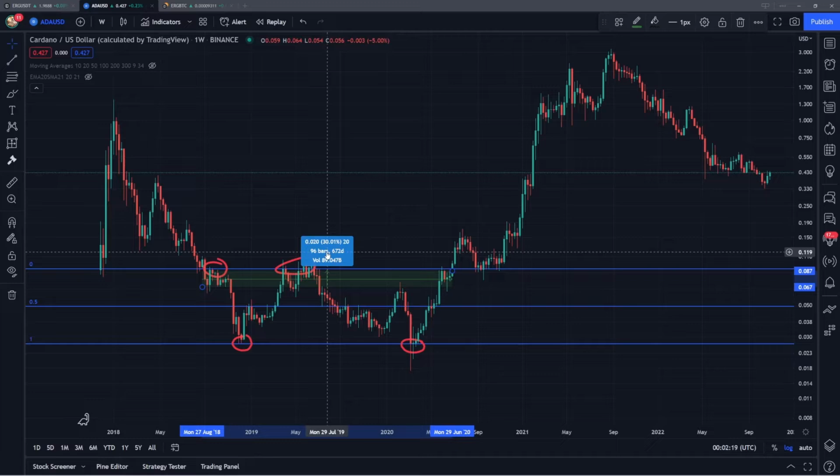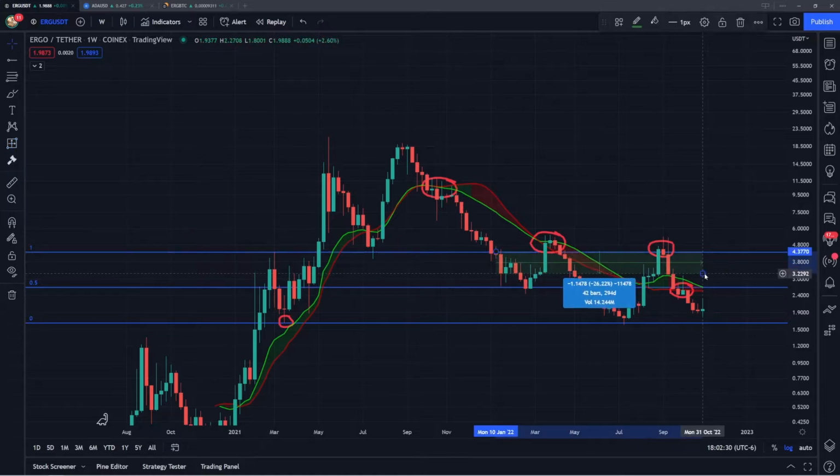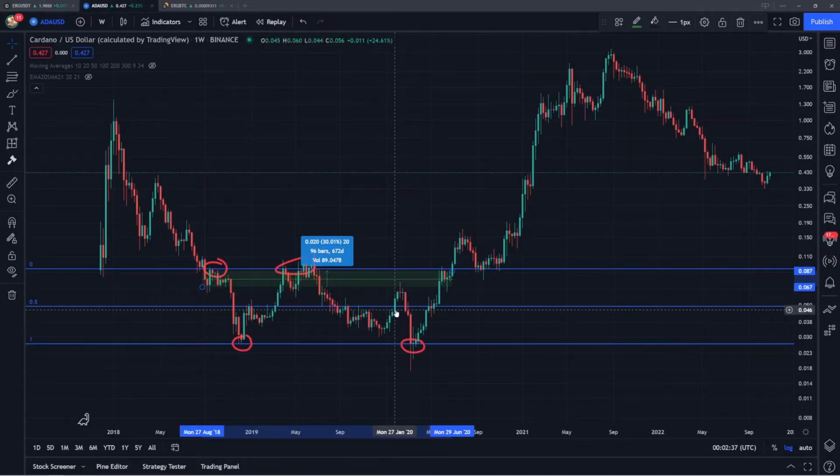And that really does put into perspective how long we can spend consolidating in this bear market bottom. And if we just go over here to Ergo, look, we entered this range I have marked out back here in January. And if we take a measured move, that's so far around 42 weeks. So not even halfway through if we were to look back here to strictly looking at Cardano from the previous